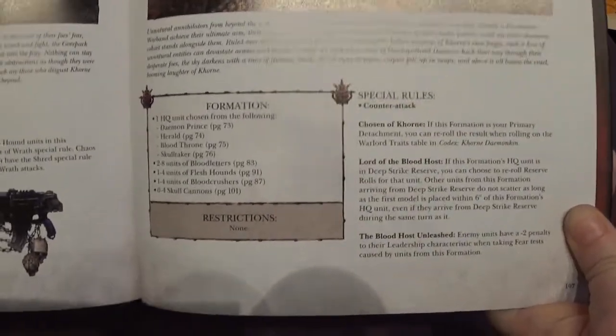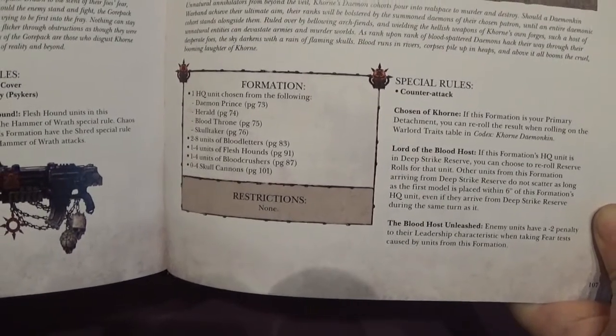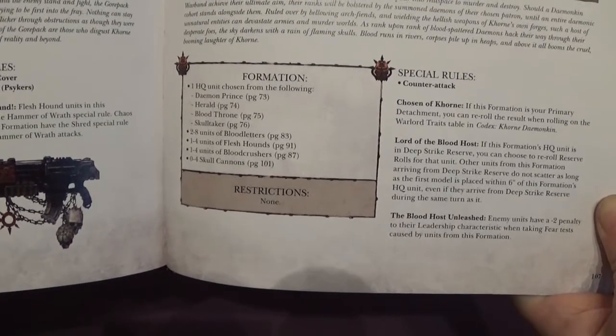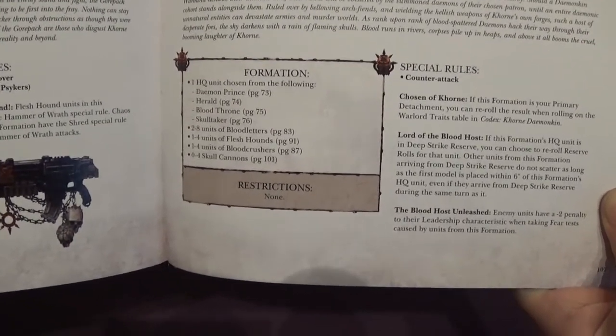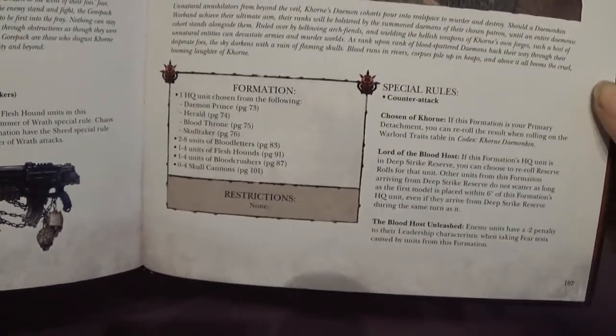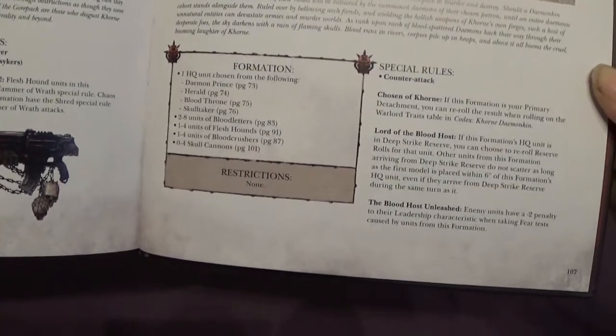And 2 to 8 units of Bloodletters, 1 to 4 units of Flesh Hounds, 1 to 4 units of Blood Crushers, and 0 to 4 optional Skull Cannons. Obviously, these are all demons. They will gain the Counter Attack rule, the Chosen of Khorne rule, and the Lord of the Blood Host rule,